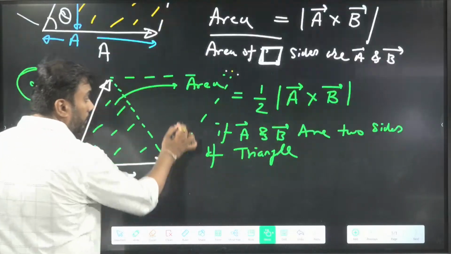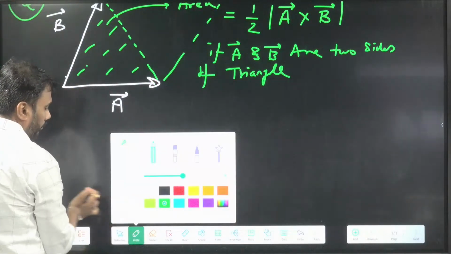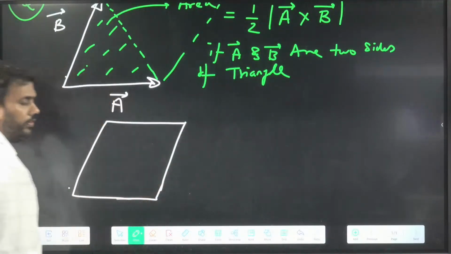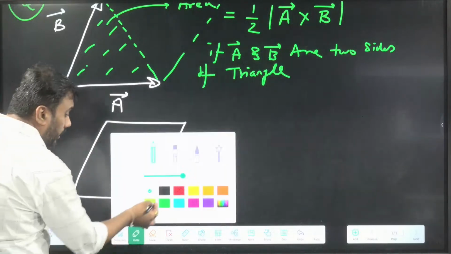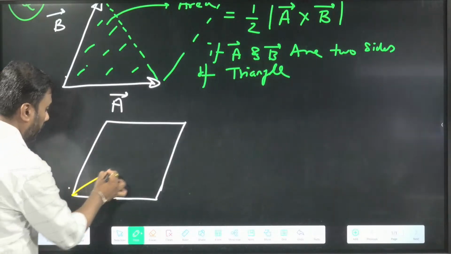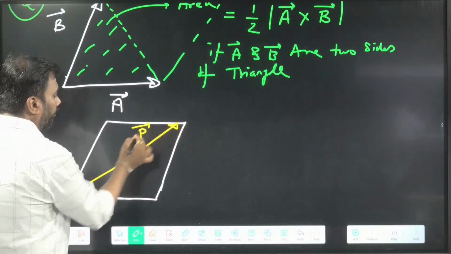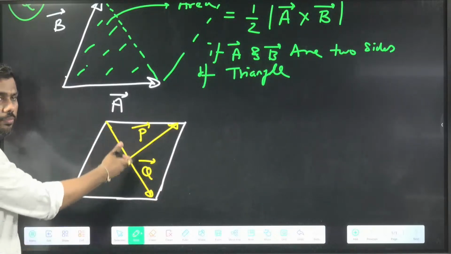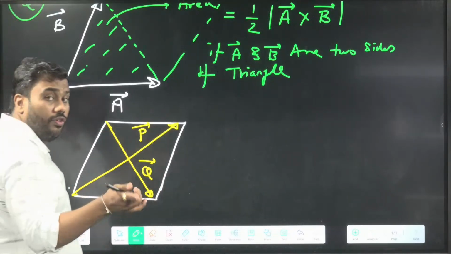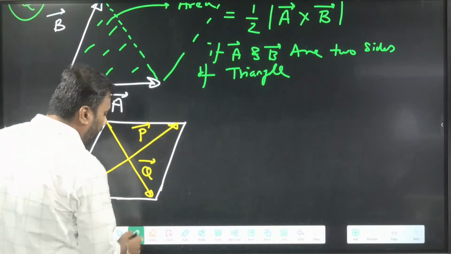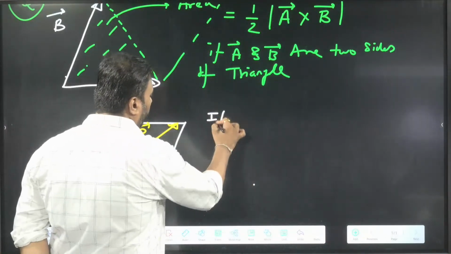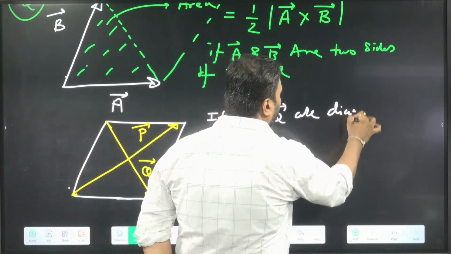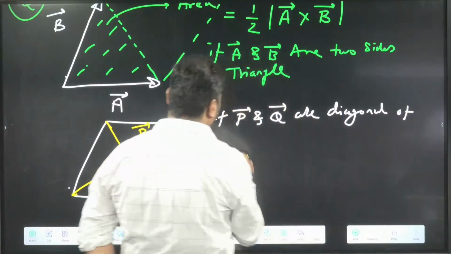But if we come back to the parallelogram, suppose this is our parallelogram. We want to find its area, but they are giving us the diagonals. If the diagonals of the parallelogram are, let's say, P and Q, and you want to find the area of the parallelogram with the help of the diagonals, if P vector and Q vector are the diagonals of the parallelogram,